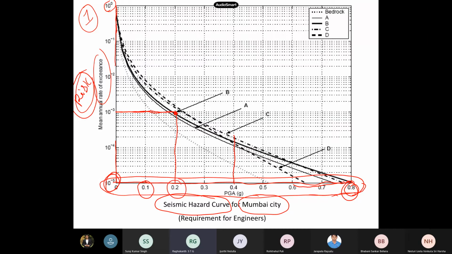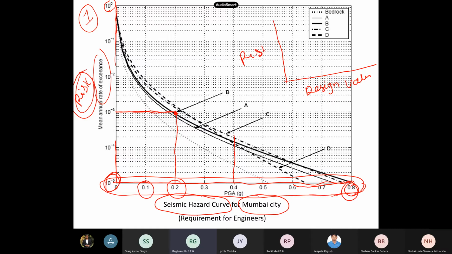So the insurance company, you followed, right? You know your risk level. So the insurance company comes into the picture. You insure the building, and then the other process continues. These types of curves we call the seismic hazard curve. The seismic hazard curve is essentially your x-axis, which will be your design value. It may be response spectra also, we can plot. I'm just showing you PGA, but you can plot others. The design value is on the x-axis, and on the y-axis you have the risk level.